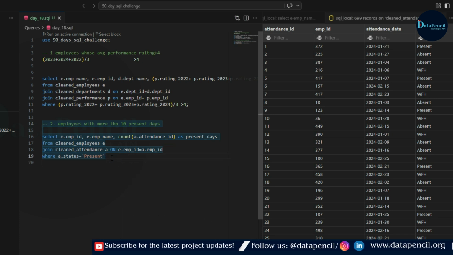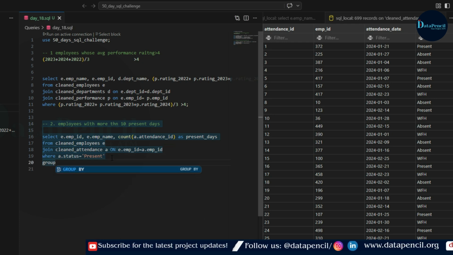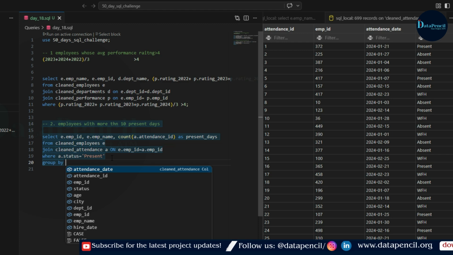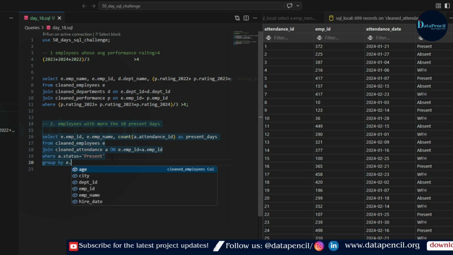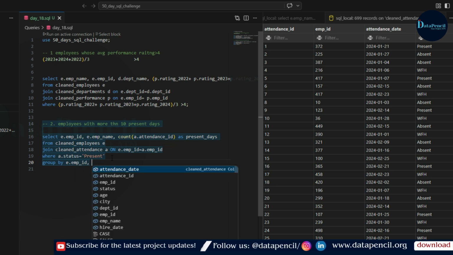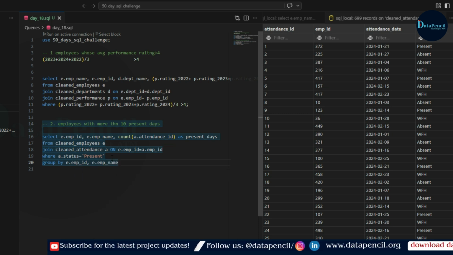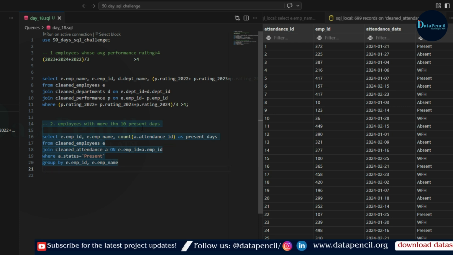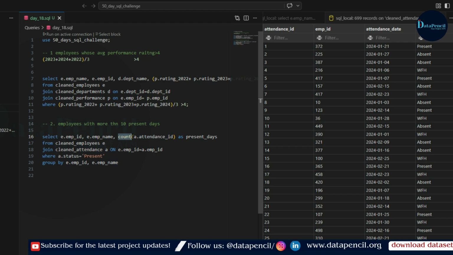Now give the result by grouping. You have to do the grouping by their name and ID, so employee ID comma employee name, correct? After that, the last filtration that we will use will be to filter all those rows only where count is showing greater than 10, correct?